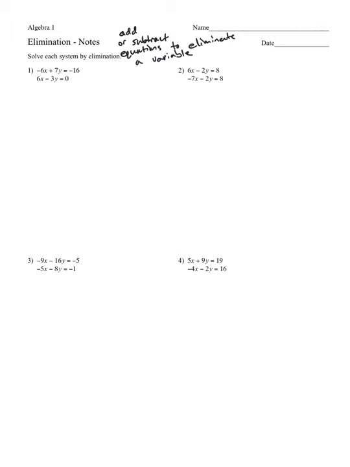Like in example 1 here, we have these two equations. I'm going to rewrite them just so I can show my work here. We have a negative 6x and a positive 6x. We have a variable that has opposite terms. Okay, that is useful because if we add these two equations together,